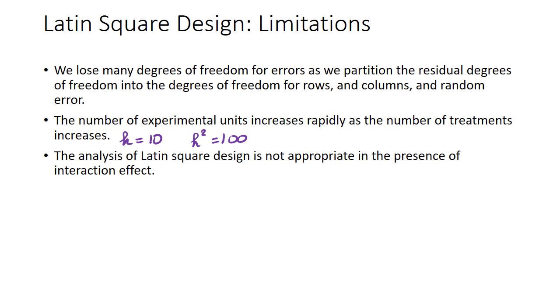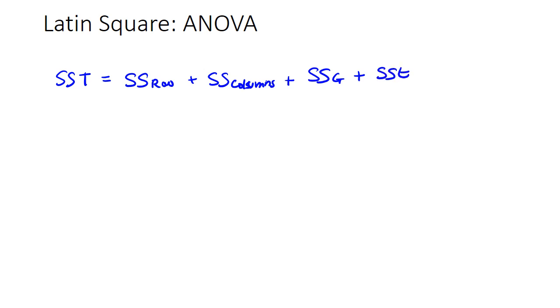No interaction implies that the treatment effect is the same for each row and each column. For the Latin square design, the total variability is partitioned into among rows variance, among column variance, among treatment variance, and variance due to random residuals. The ANOVA table